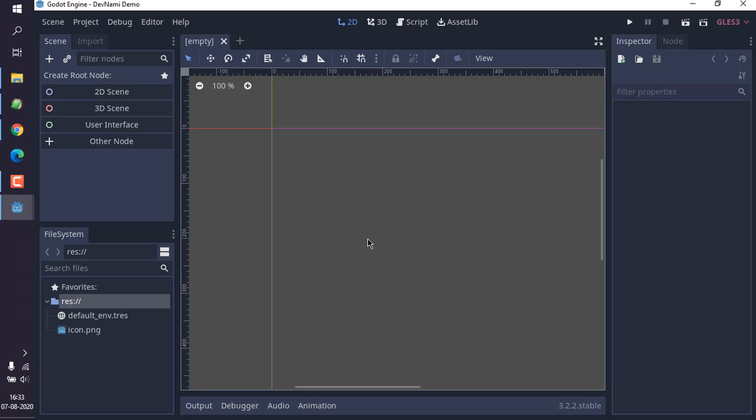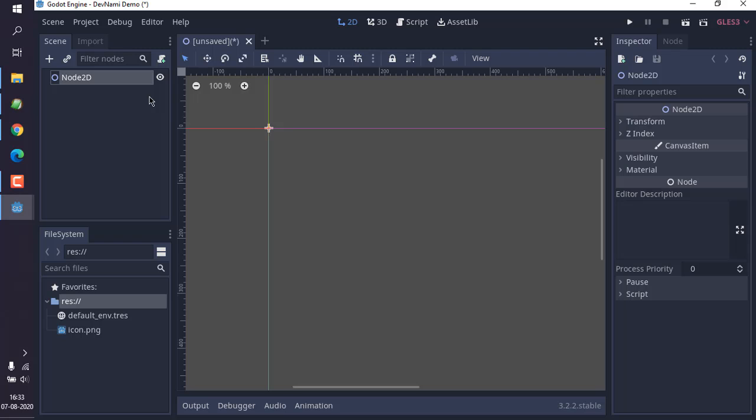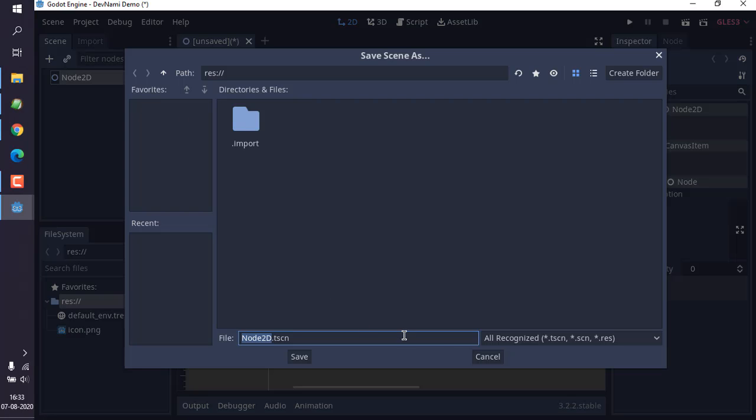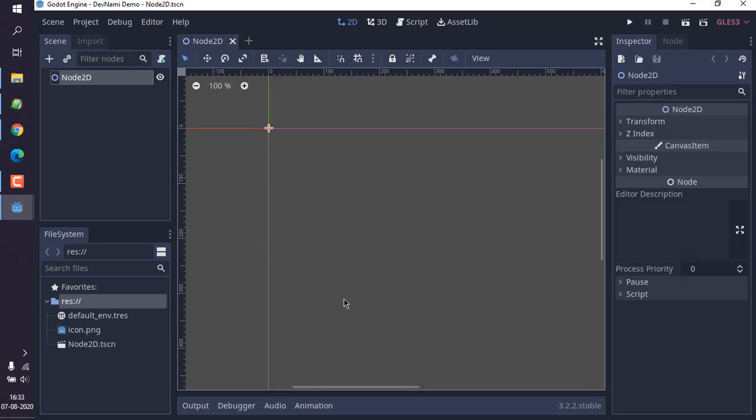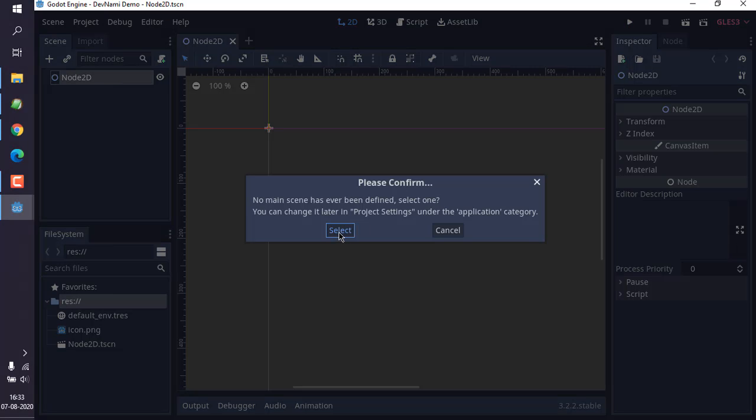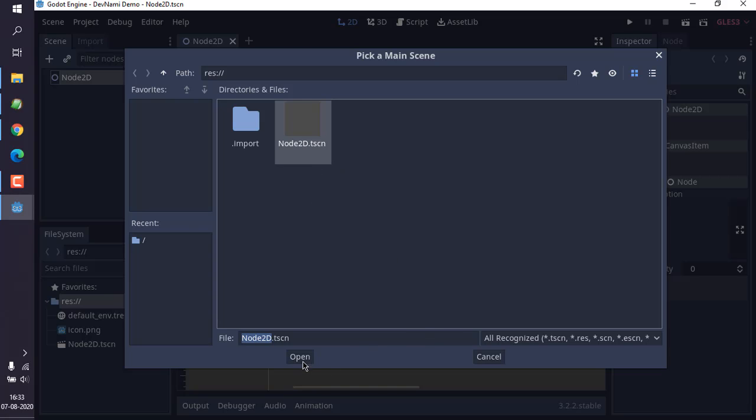Okay, now I have to add scenes into this and then I can execute this. So if we can choose from the scene here, I can choose 2D scene. I can save this. Okay, it will ask me to save scene as, click save. Okay, and then here on the top right you can see the play button, so click on that or simply type in F5. Okay, so you can choose this scene, open,